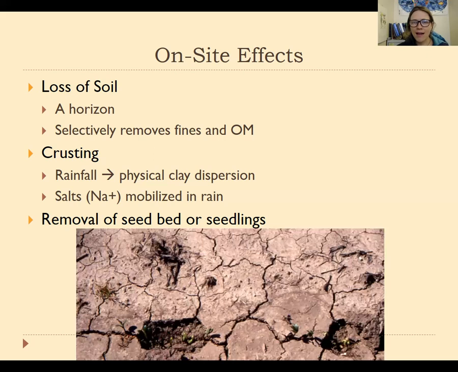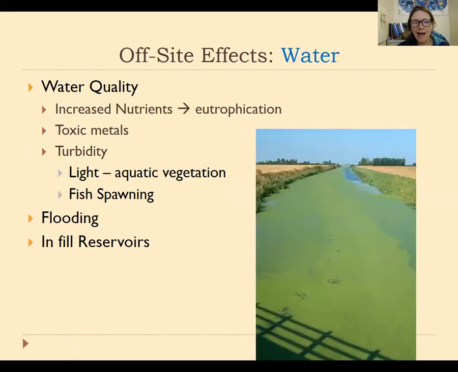So you're leaving behind a degraded soil or erosion site. So those are the on-site impacts. Downstream impacts or off-site impacts, right, where the material moves to, are varied, but one concern is about water quality downstream. So there's something that's called eutrophication, and eutrophication happens when there's a big pulse of a lot of nutrients